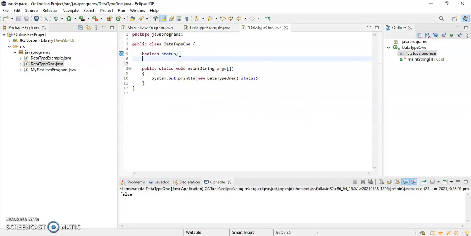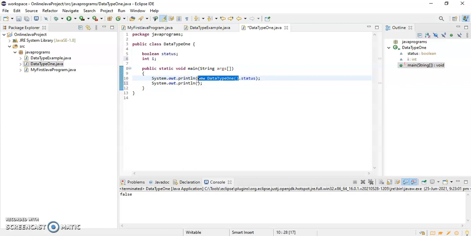Suppose let's say I am declaring one integer variable. Okay, so int I. I am not initializing anything and I'm just saying the same thing, sysO, and I'll take this object. What is a class, what is an object, we will see this later, but as of now I just want to show you what default value each and every data type contains.